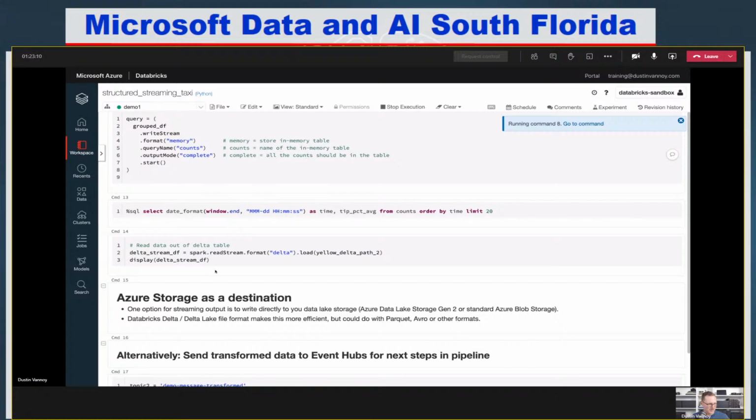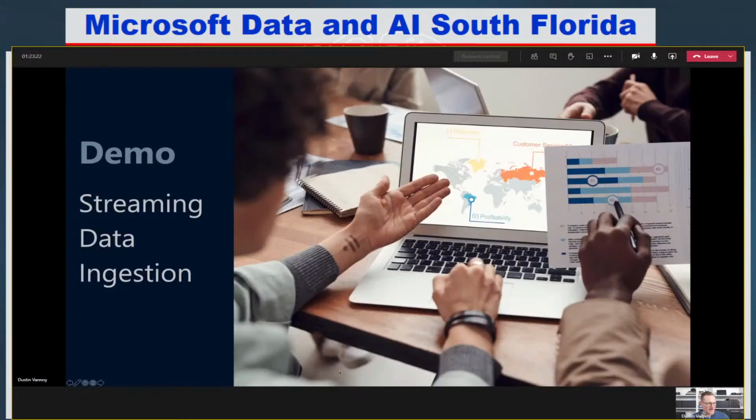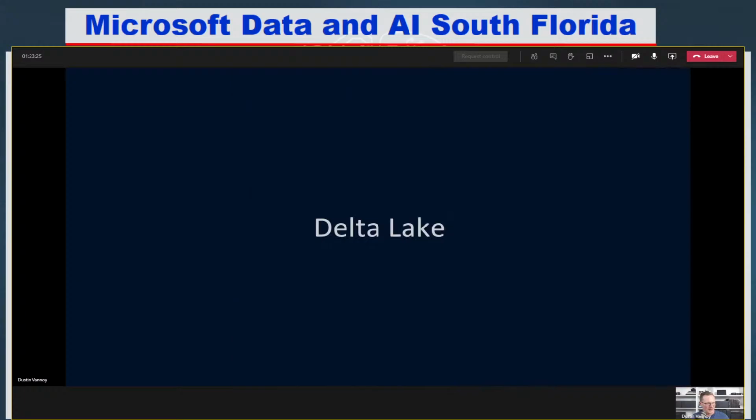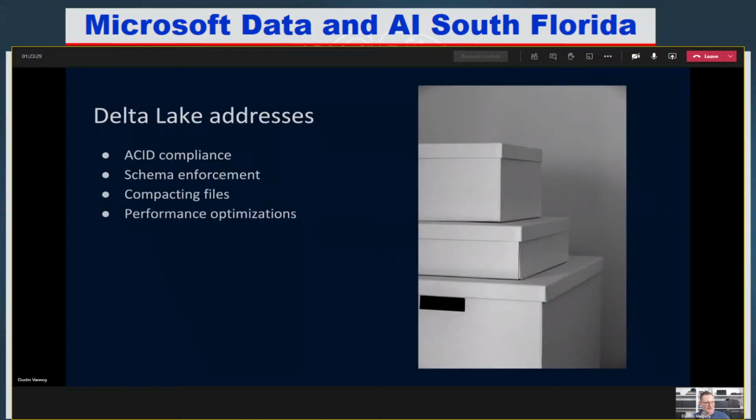Yeah, so we have a great question, which I actually have a slide for, which is whether there's a need to clean up the files that we're creating with Delta. Let me show you. We'll answer it this way since I had a few slides around this because it is important to know. When you're working with Delta Lake, remember I talked about this special way of working with files. It does some things for us. It gives us ACID compliance in a data lake, which is amazing. It's not what this talk's about, but that's kind of what allows us to do streaming.